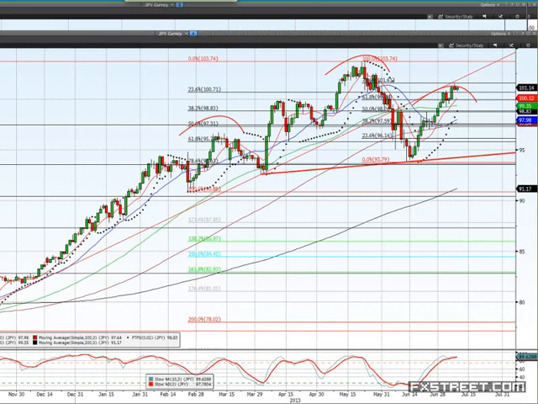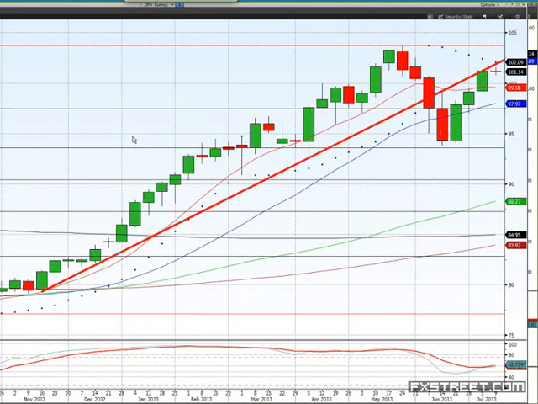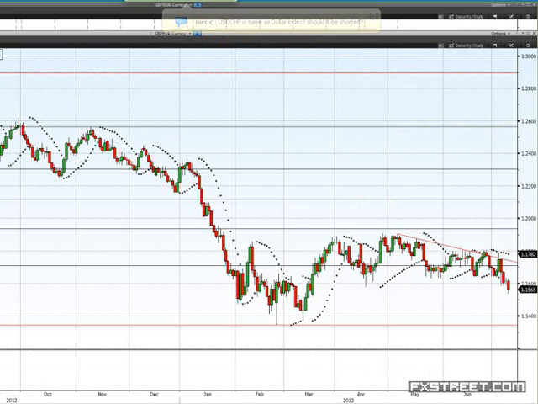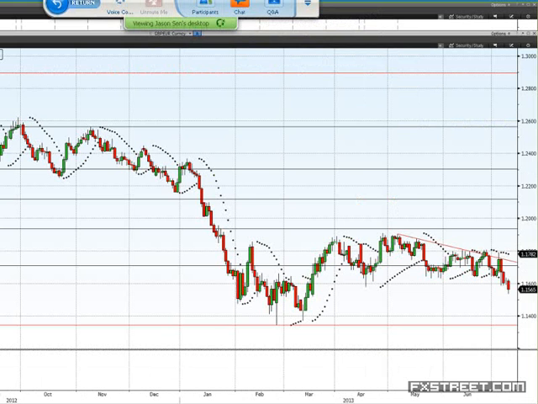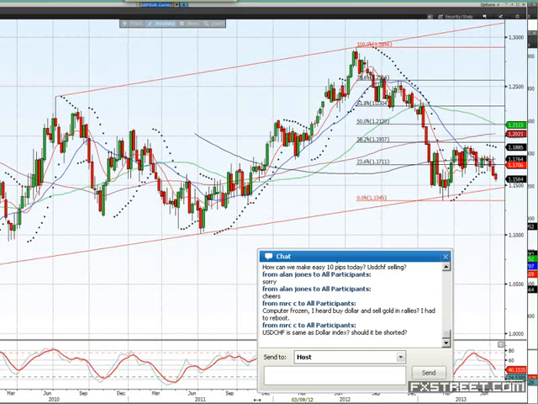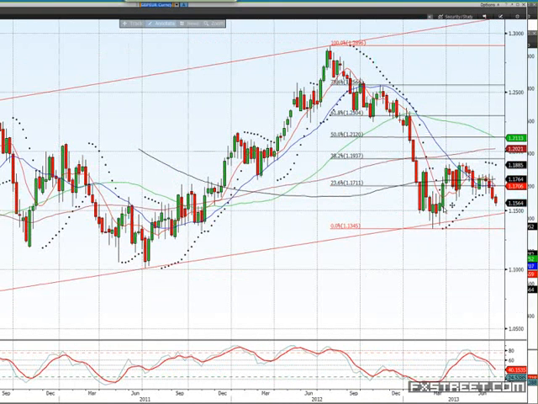I do often get asked about the pound versus the euro, so I'm just going to have a quick look at that one. I haven't looked at it for a little while, but you can see that we're trading within a nice channel over the last, say, 3 years or so, and we're at the bottom of that channel now. We've managed to bounce off it in March. We managed quite a good retracement back up to close to the 38.2% fib at 119.37. Didn't quite make it, but got pretty close. Got to 119.08, so within 30 pips or so. Anyway, we're easing back again. We got whacked today.